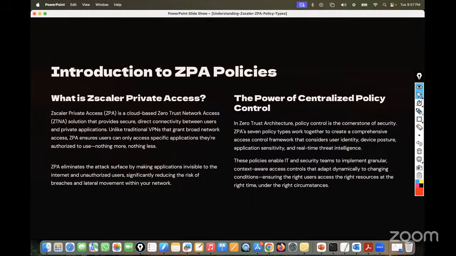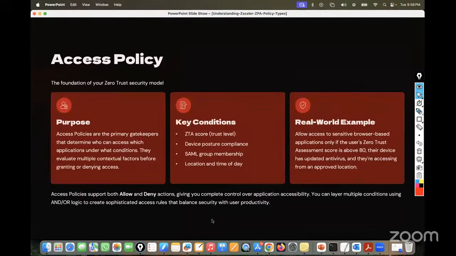Still, he can access any private application hosted in cloud infrastructure, hosted in their data center infrastructure, or any other hub locations without any restrictions, with all security parameters which maintain your zero trust concept. So they use the centralized policy concept,